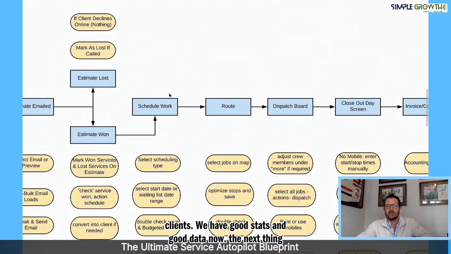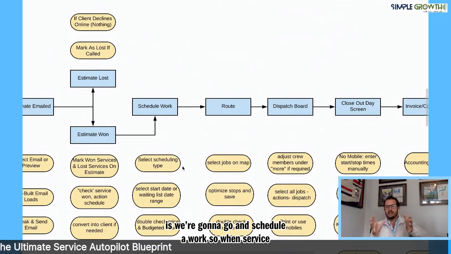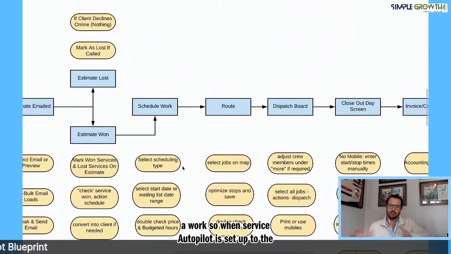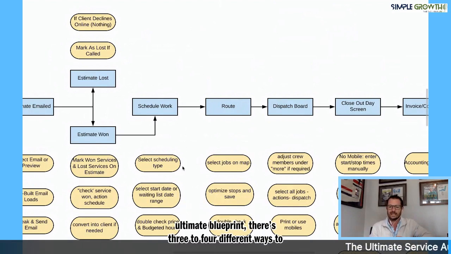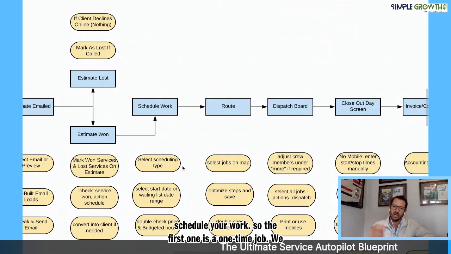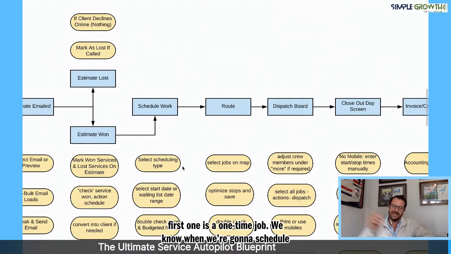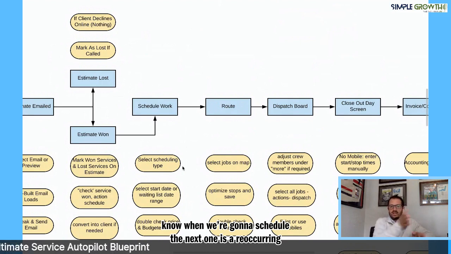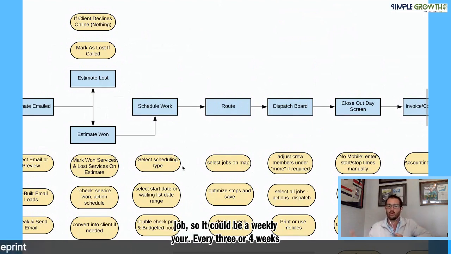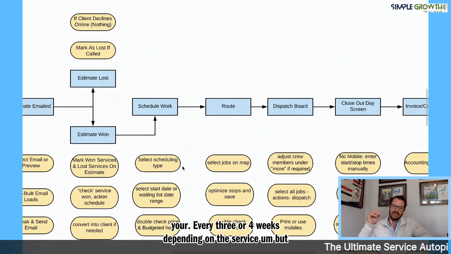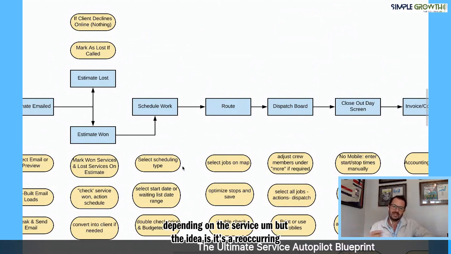Now, the next thing is we're going to go and schedule the work. So when Service Autopilot is set up to the ultimate blueprint, there's 3 to 4 different ways to schedule your work. So the first one is a one-time job. We know when we're going to schedule it. The next one is a reoccurring job. So it could be your weekly, your bi-weekly, every 3 or 4 weeks, depending on the service. But the idea is it's a reoccurring repetitive service. Now, the next one is a waiting